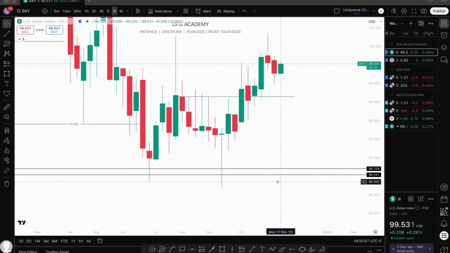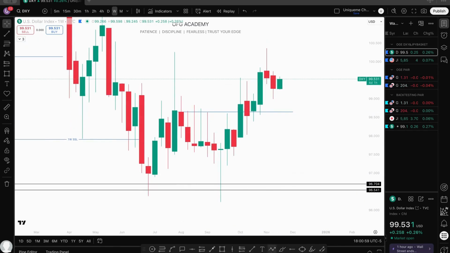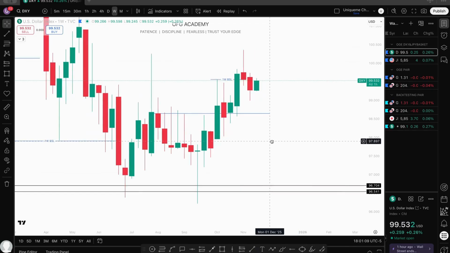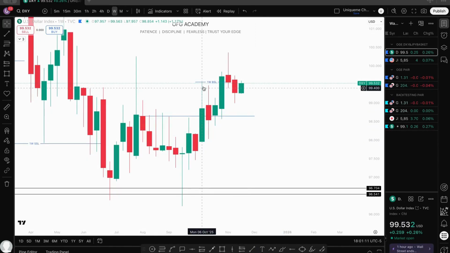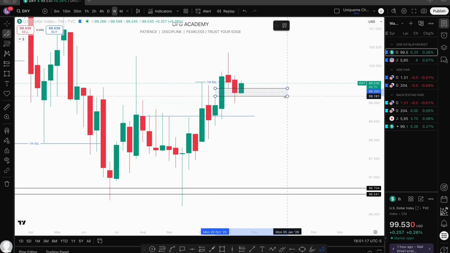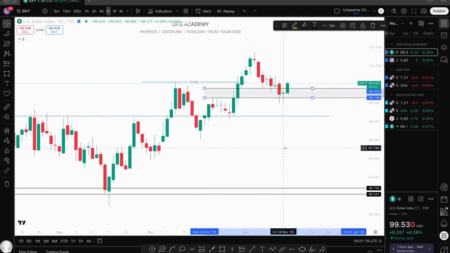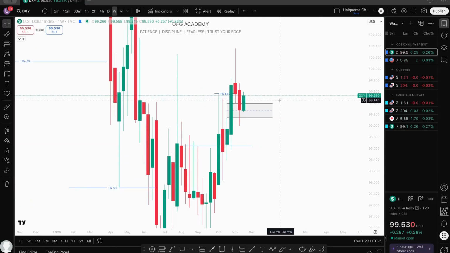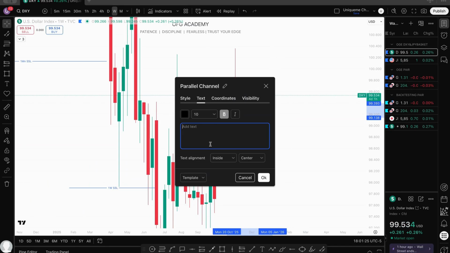Price took out this external range liquidity, and there was what? It hasn't gotten it, but I'm still looking at it though. But what am I saying? There's a shift of market structure here for 1 week, right? Making this a mitigation block with a fair value gap. Now, I can only take this zone carefully if there's a shift of market structure on one day. I will label this as 1 week fair value gap,